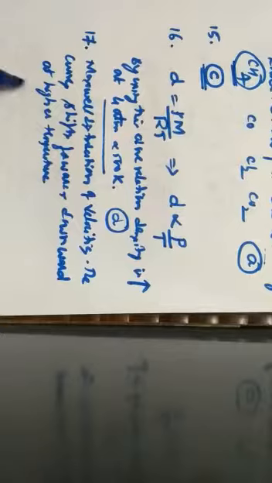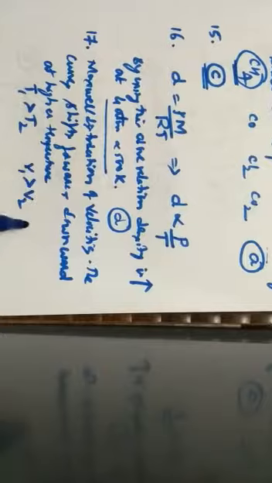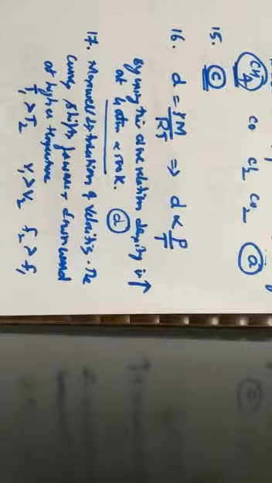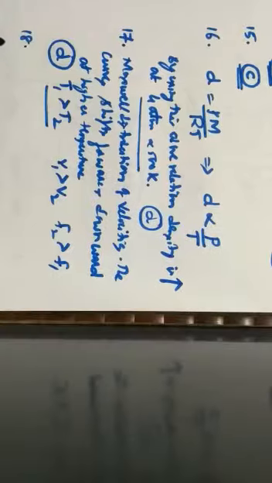Based upon this explanation, it is clear that T1 is greater than T2, V1 is greater than V2, and F2 is greater than F1. They are asking which of the following is correct. As we have explained, T1 is greater than T2, which is given by option D. That is the correct statement. Next one, question number 18. A liquid can easily exist only between the triple point and critical point, at any temperature above melting point, between melting point and critical point, or between boiling point and melting point. So liquid can easily exist only between boiling point and melting point, which is given by option D.